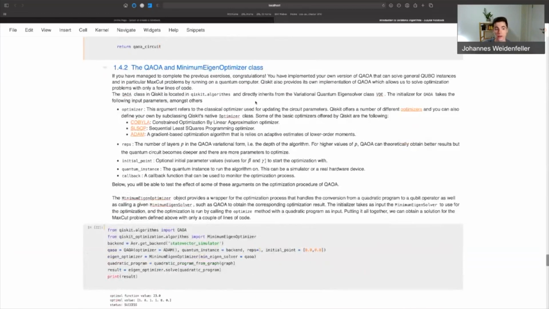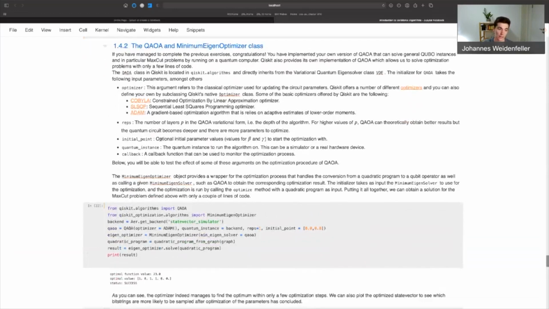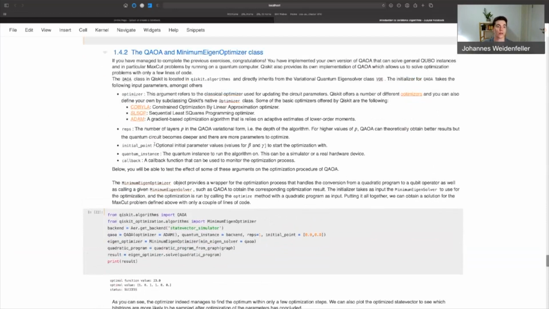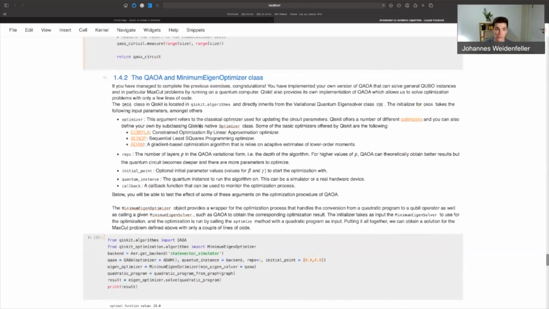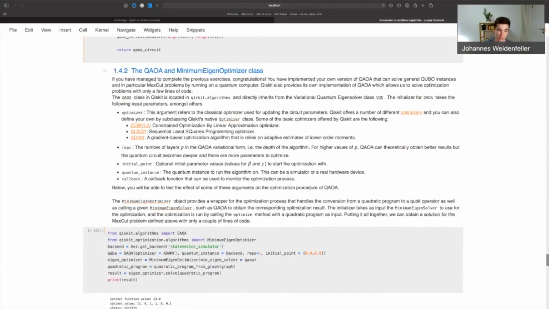And so let's talk a little bit about what arguments we can give the QAOA initializer and how they change the QAOA object. The first input parameter that the QAOA takes, and you can also see this down in the line down here, is an optimizer. So this argument refers to the classical optimizer that we're going to use to update these circuit parameters.